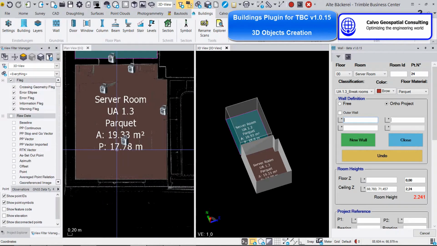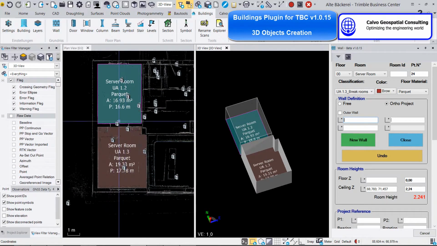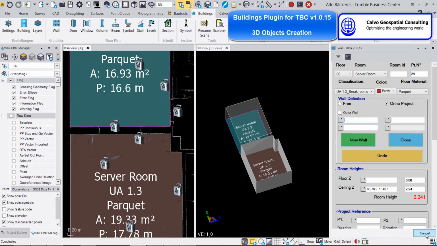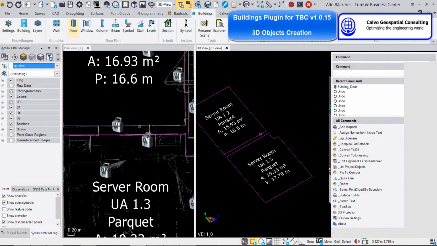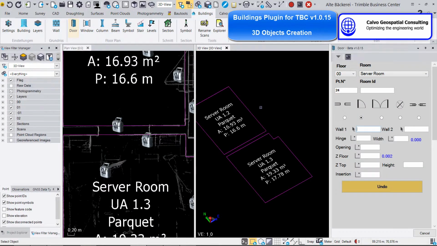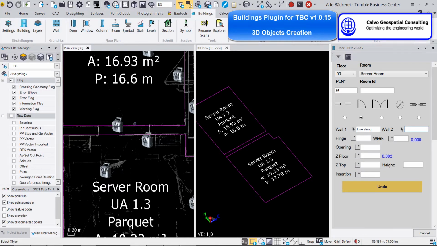The same would be for doors. For example, if we want to place a door here, so we can close, go to door. So we see that the layers, the 3D layers, were deactivated or turned off. So we can click exactly the walls themselves and not any other element. So the hinge point,